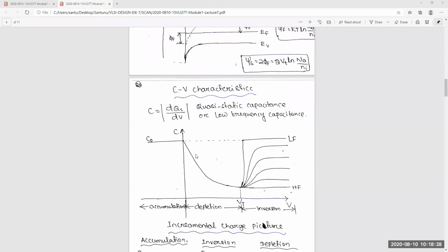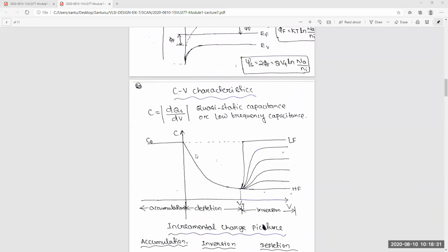Okay. From QV characteristics curve, we will draw the CV characteristics. So generally, you know, C is equal to change in charge by change in voltage. Yes or no? So if you have a charge versus voltage characteristics, so usually by differentiating that, you can calculate the capacitance versus voltage characteristics. Yes or no? Yes, sir. Okay, so already you have charge versus voltage characteristics curve. Now you will differentiate that with respect to voltage, and you will get the capacitance versus voltage characteristics. Okay, so now you differentiate.